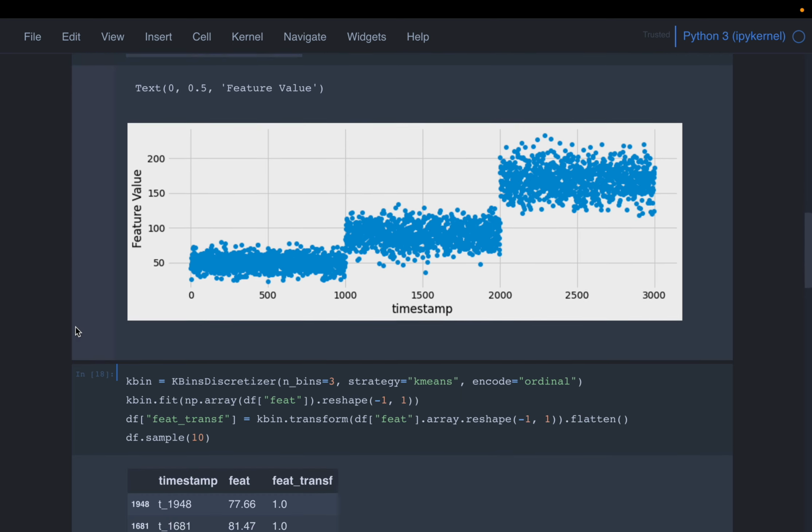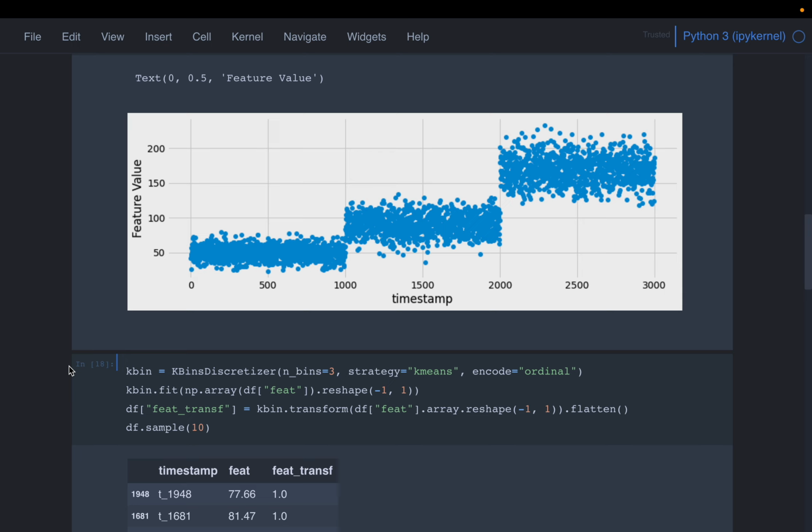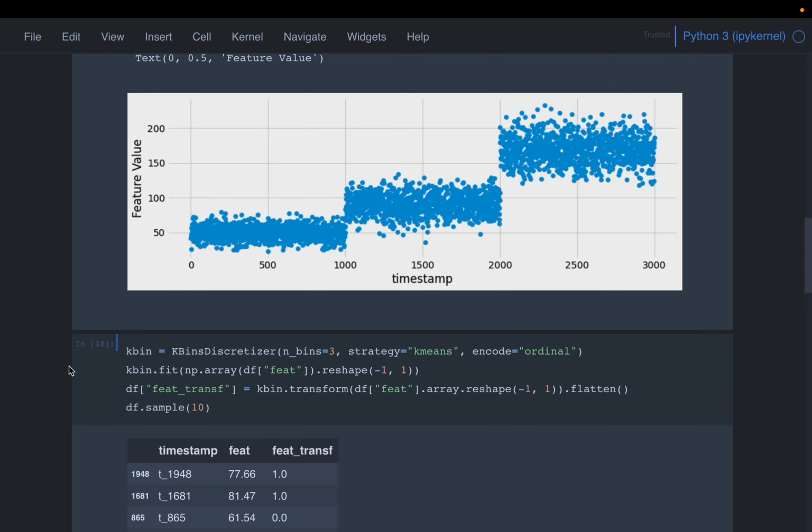Okay, so K-means is a machine learning technique to cluster the data into different numbers of groups. But here we need to inform the model how many groups we want to divide the data into. Now we might not know what's the best value for that. There are other techniques to find out the optimal number of groups. But let's say we have already done that analysis and we know 3 is the optimal number of groups for